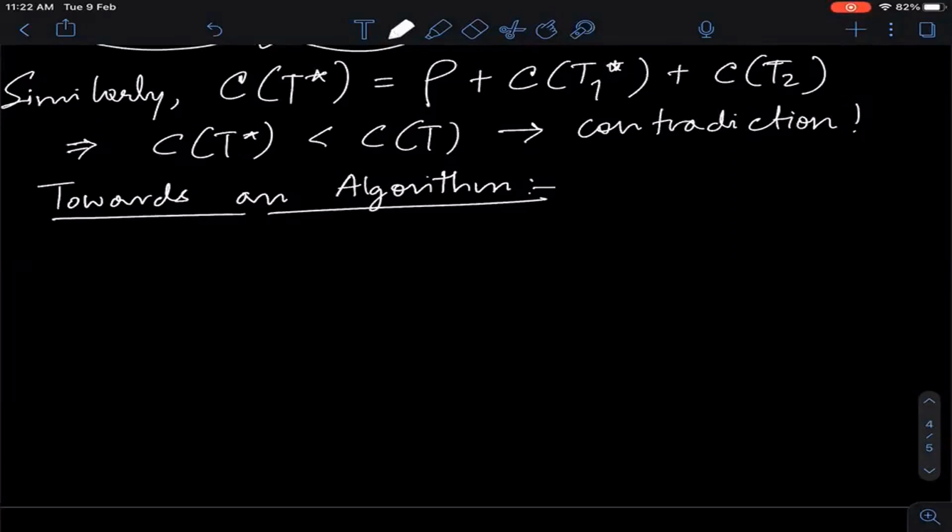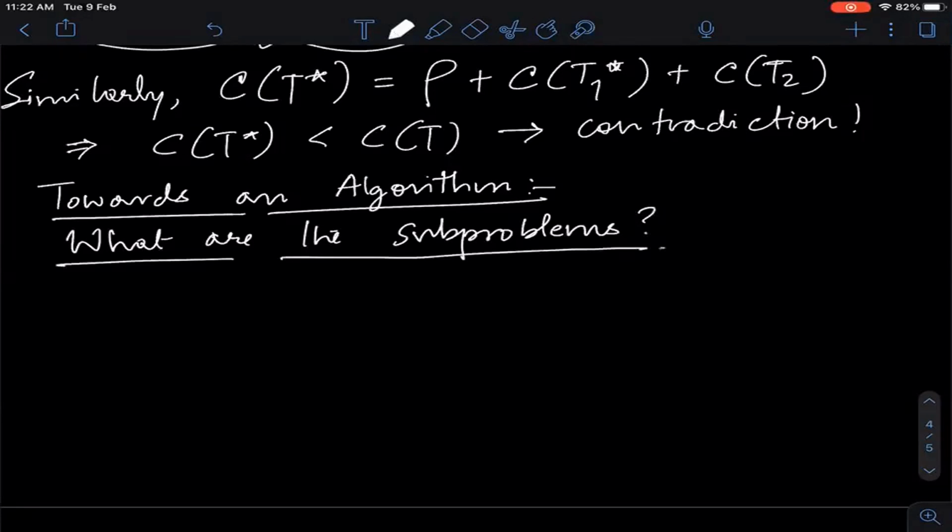Okay. So again, remember, when I want to build a DP table, I have to first understand what the sub-problems are that I'm trying to solve. What are the sub-problems? Let's try to visualize how the recurrence will actually work if I utilize the optimal substructure lemma. I have this entire set of keys, 1, 2, 3, 4, up to n.